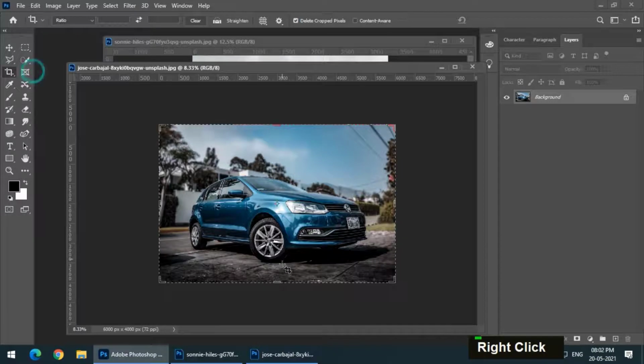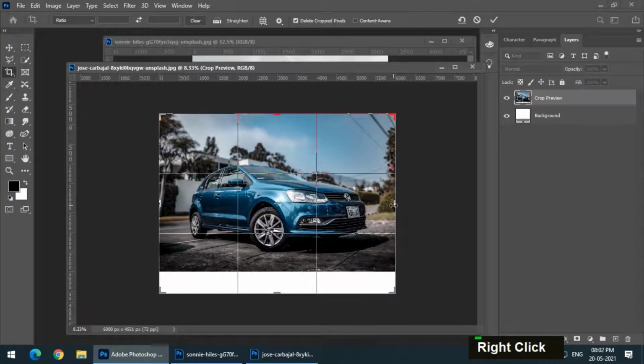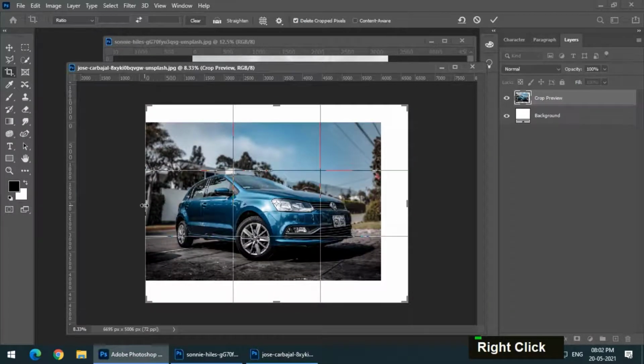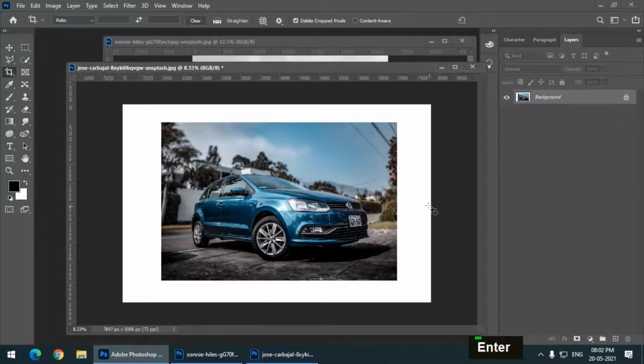Simply select the crop tool again and drag the markers outside the document. By using this, you are simply increasing the document size. So by using the crop tool, you can either remove the unwanted area or you can also increase the document size. So this is the use of the crop tool.